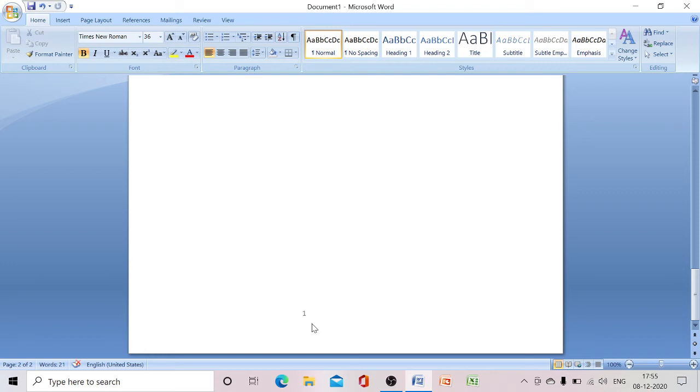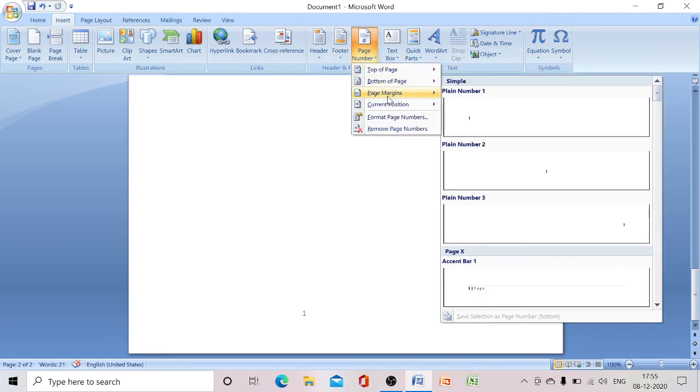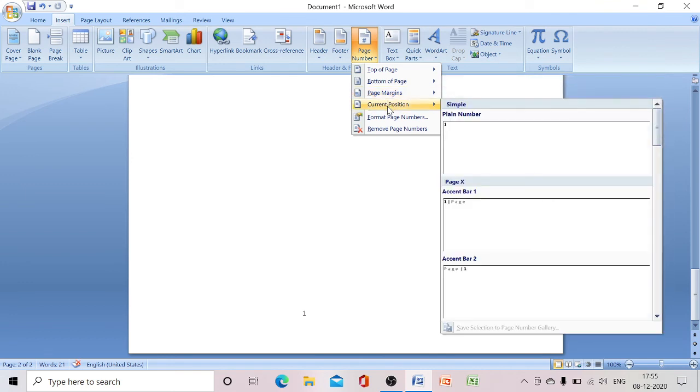With the help of these we can insert page number, or we can insert picture, whatever, inside this header and footer. To insert page number, there is another easy method. We have to click on this insert, then page number. Can you see page number? Top of the page, bottom of the page, margin, current position, whatever.